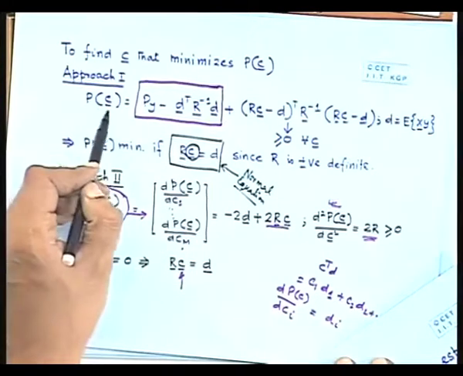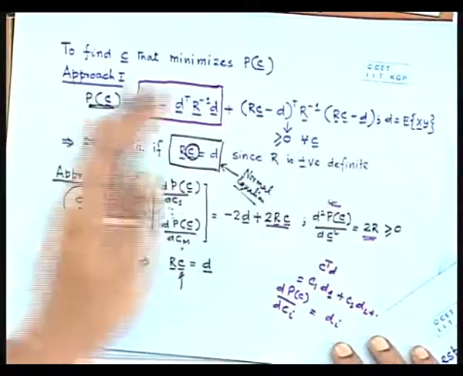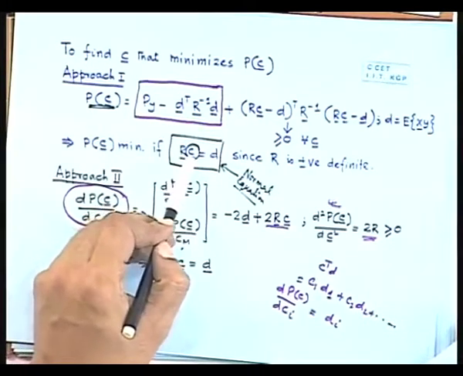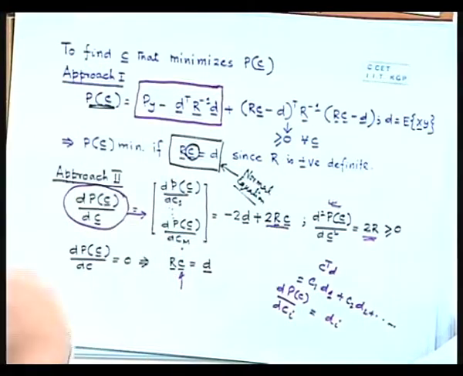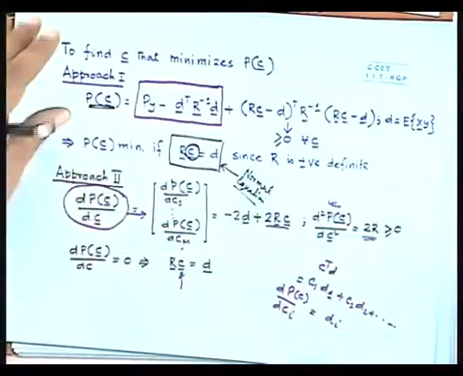Then you will get the minimum value of this performance criterion. Very simple. You can obtain it by just casting it like this, or you can obtain it by differentiating. Either way it is okay. Now we also found out that if you use the optimal estimator, then also you will get some error. It's not that if you use the optimal estimator you will get zero error. You never get zero error. You get some error. But the property of the optimal estimator is such that